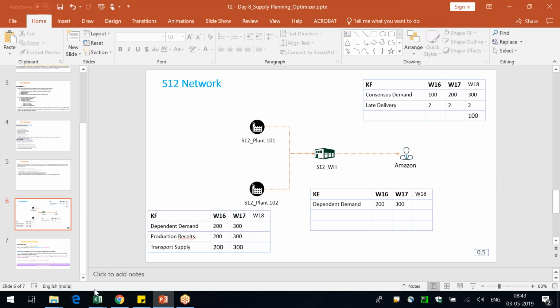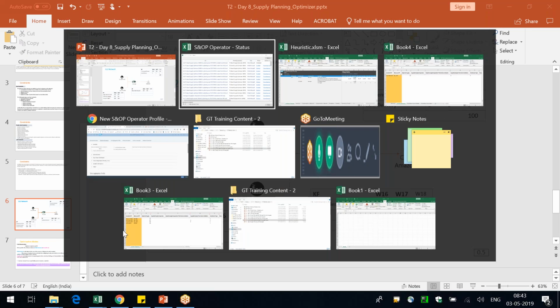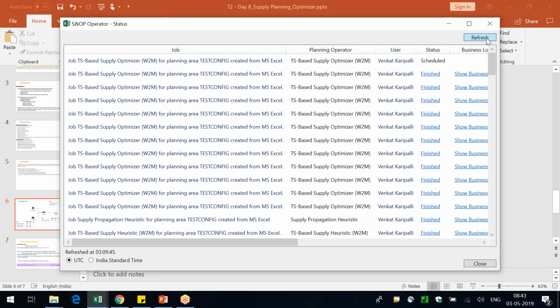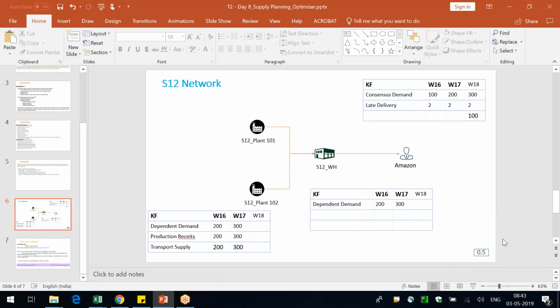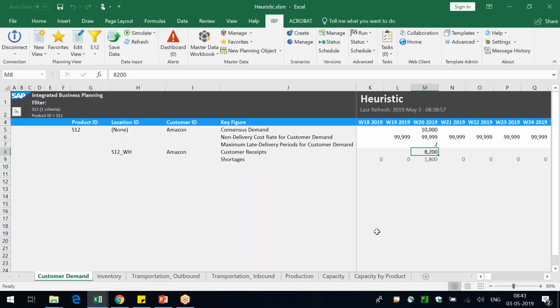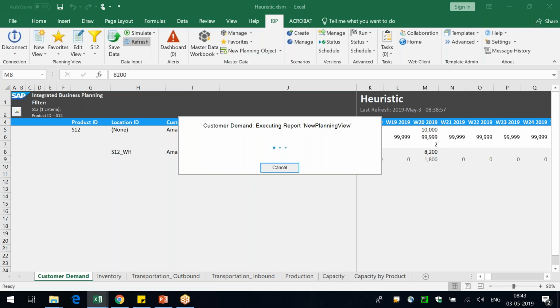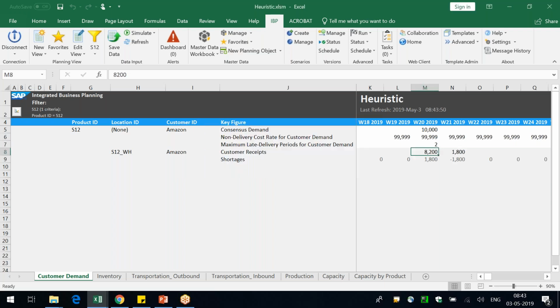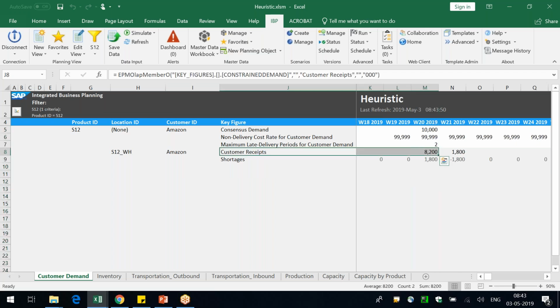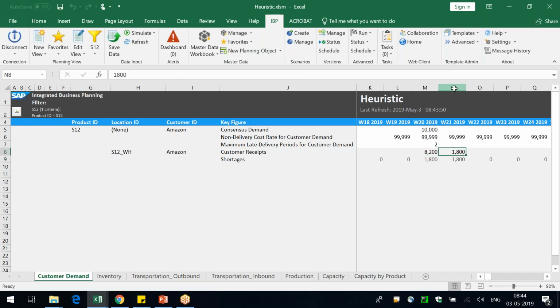So coming back to the original doubt, lead times are very well respected, but it just complicates our analysis. So I just want to keep it simple, guys. When we run all these ad hoc scenarios, we take all these small variables and see the impact on the optimizer. So I didn't keep any lead times, so that we can read the results straightforwardly. You can see here week 28, 8200 is there, because it cannot do more than 8200, because there is a capacity restriction. The remaining 1800 were being met on week 21 because of the late deliveries that I have maintained.